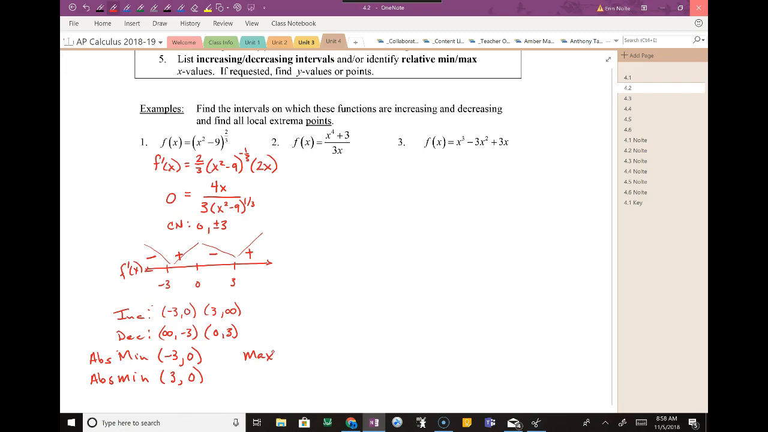Relative. It's a relative, because the function, those two ends are going up, it's like that W effect. It keeps going up forever, so there is a point that does exist above it. Okay, if I plug in